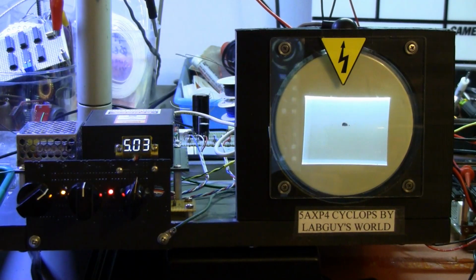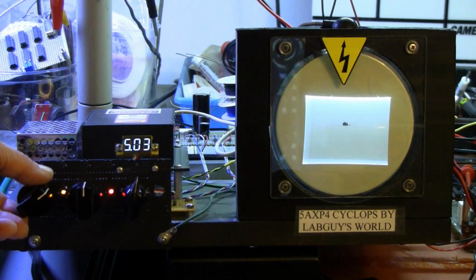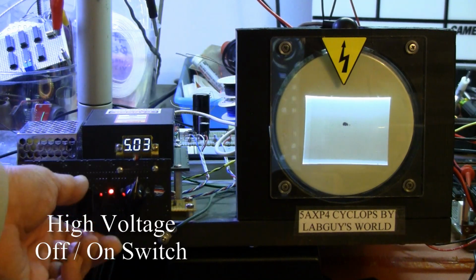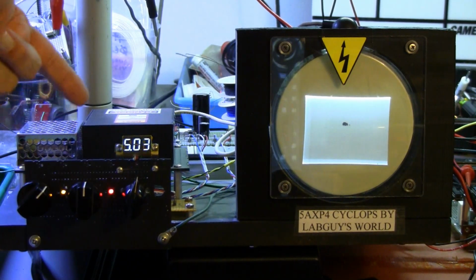Here's a close-up look of the Cyclops front panel, and I'll quickly go over the features. It has the main on-off knob, which you pull in and out, and is also the brightness control. The second knob pulls in and out too, which is also a secondary off-on switch, and is the focus control, which doesn't do much on a blank raster. There's nothing to see, so you can't tell if it's in focus, out of focus, or whatever. The third knob, with the OCD knob on it,